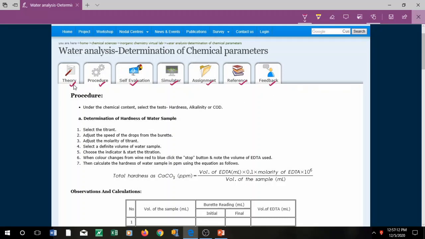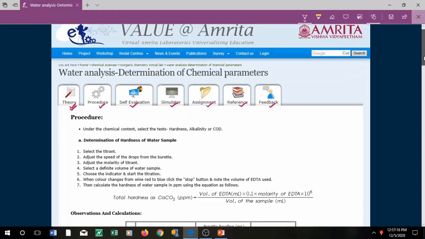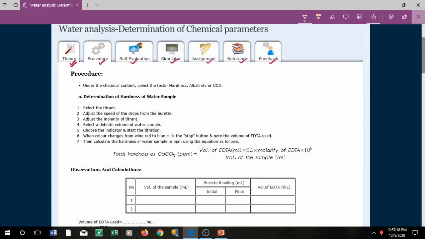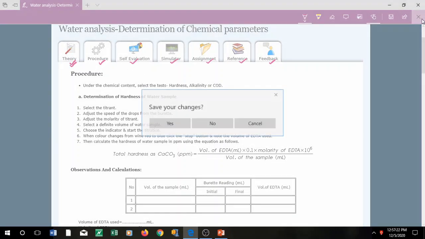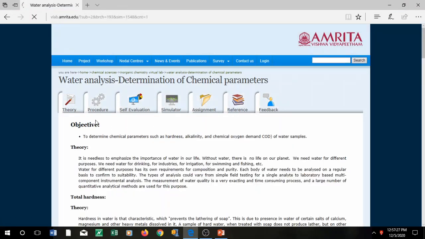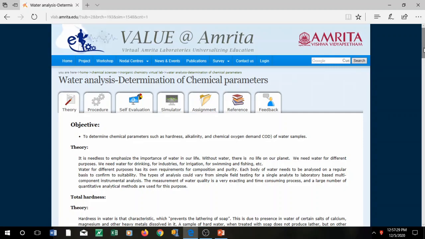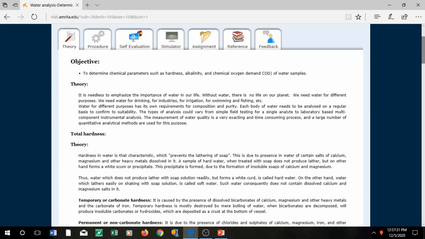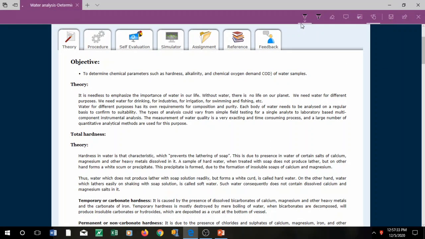In the very first tab of theory, they have completely covered the theory of the particular thing, right? So let's say right now procedure is clicked. I'll go back and I'll show you theory first. The theory portion includes, here you can see, the objective of the experiment.